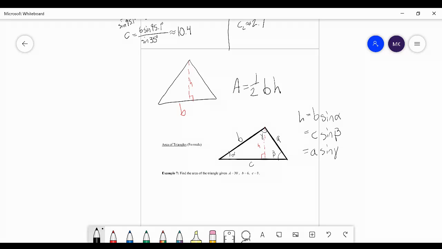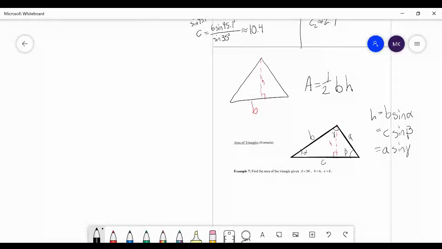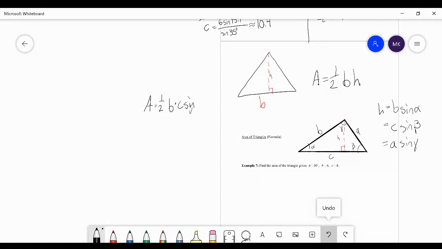All of those are the same. So we can create essentially three different equations, depending on what we know, for the area of a triangle. The area is equal to 1/2 B times C sine of alpha,